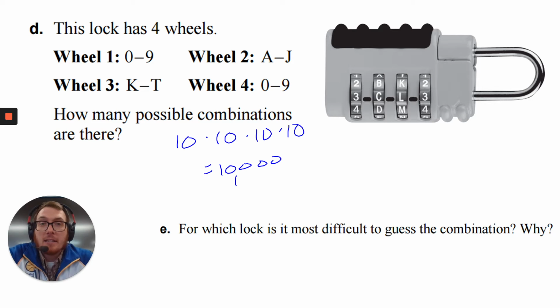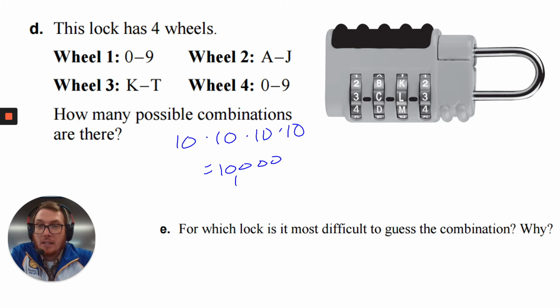The next lock is similar to the first one, but you'll notice wheel 1 is 0 through 9, then A through J, K through T, and then 0 through 9 again. We already know 0 through 9 has 10 options. What's funny here is the A through J is also just 10 options. It just happens to be letters instead of numbers. So it's really the exact same combination lock as the first one, but there's one more wheel. So it's 10 to the fourth, or 10 times 10 times 10 times 10,